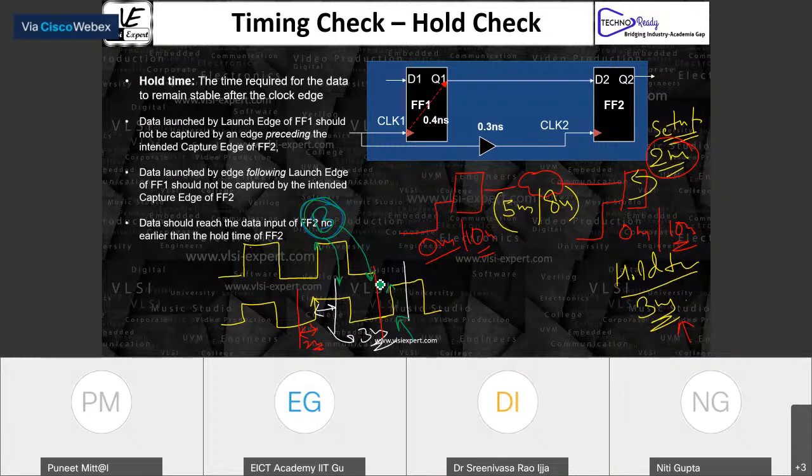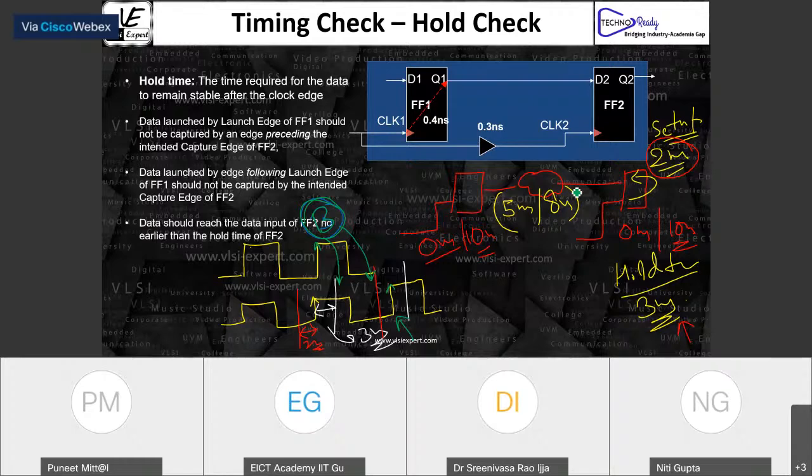That's the same thing we have discussed. You should reach after 8 and you should reach before 9. Same thing is here. You should reach after the white line, and you should reach before the red line. Now let's see as per the circuit whether it is happening or not.